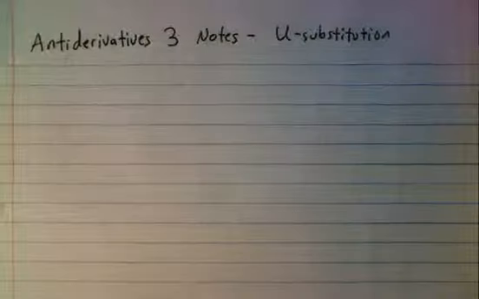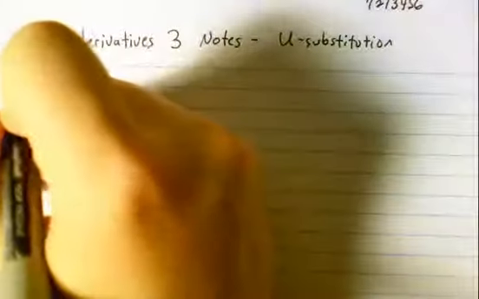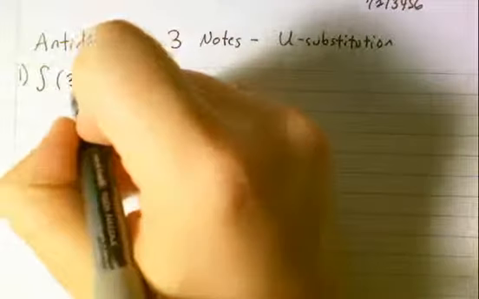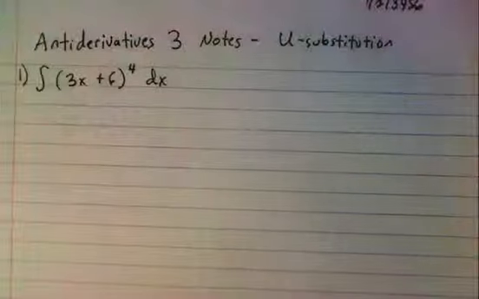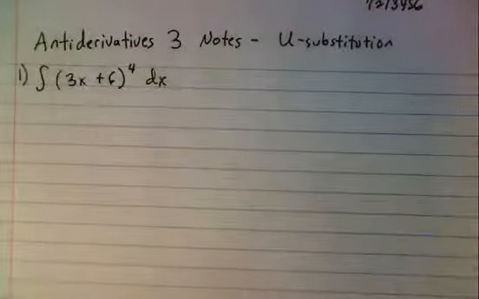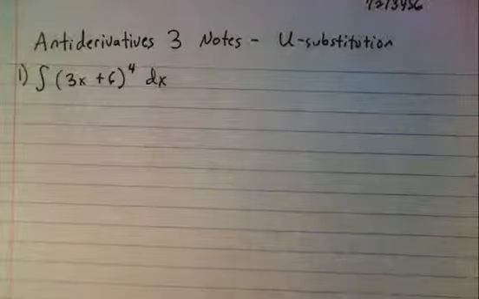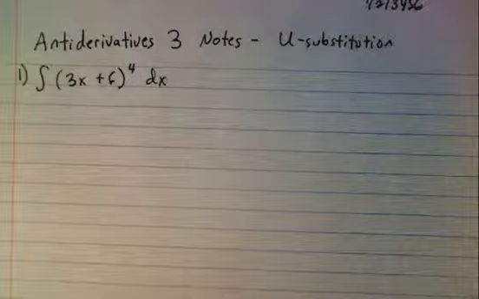So let's start off with our first example problem. Let's say that we're trying to find the antiderivative of (3x + 6)^4 dx. Now, we saw over in Antiderivatives 2 notes